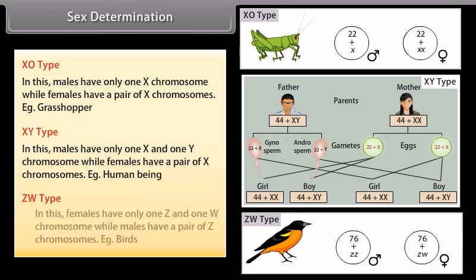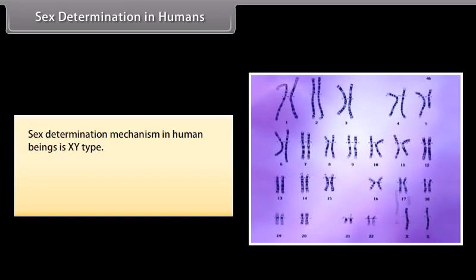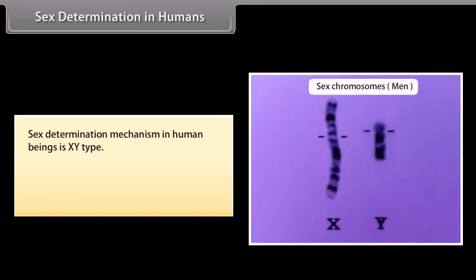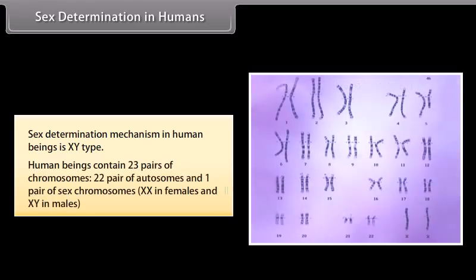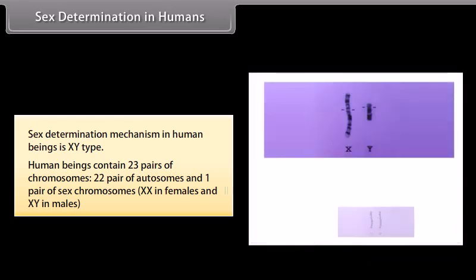ZW type: in this, females have one Z and one W chromosome, while males have a pair of Z chromosomes. Example, birds. Sex determination in humans. The sex determination mechanism in human beings is XY type. Human beings contain 23 pairs of chromosomes, 22 pairs of autosomes and one pair of sex chromosomes, XX in females